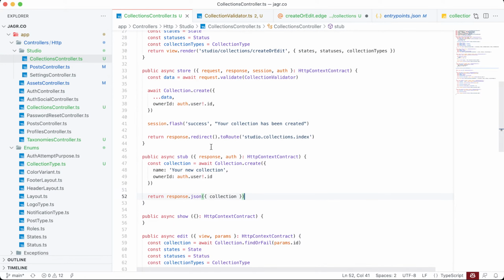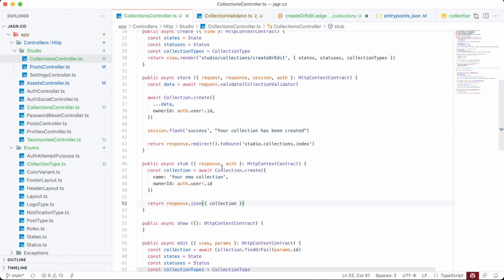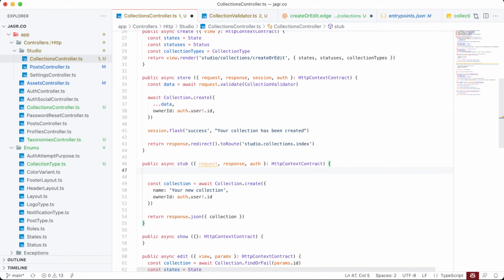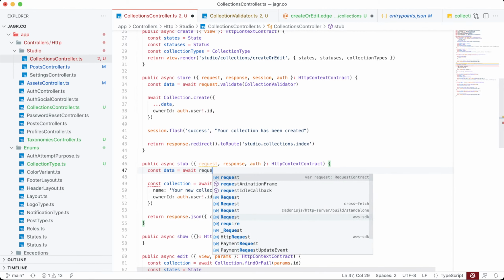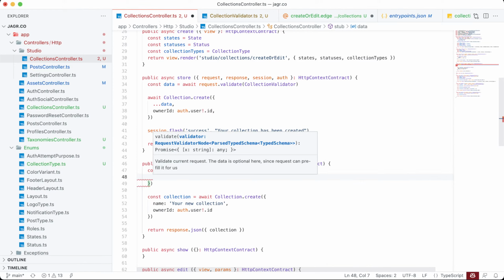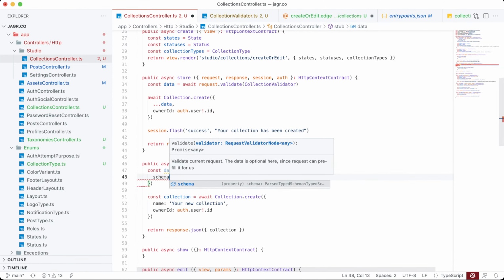Let's see here. First, we do want the request so that we can get back the parent ID here. Well, we could use the validator as well. That way we get back an error saying that something doesn't exist, and we can check whether or not it does exist. So const data equals await request.validate